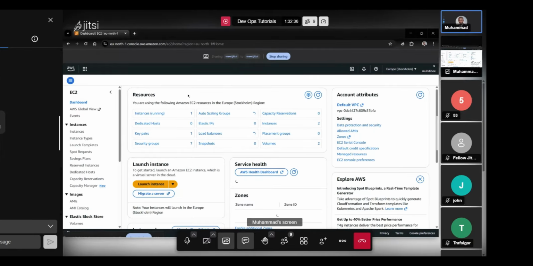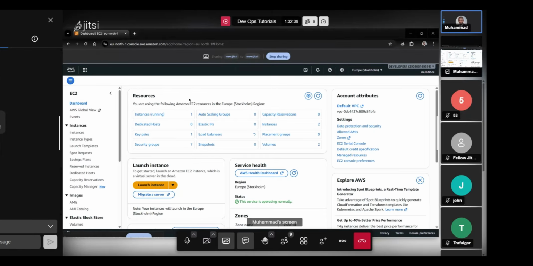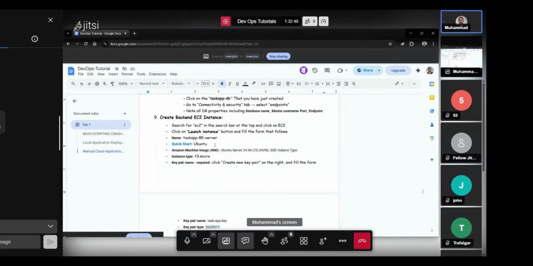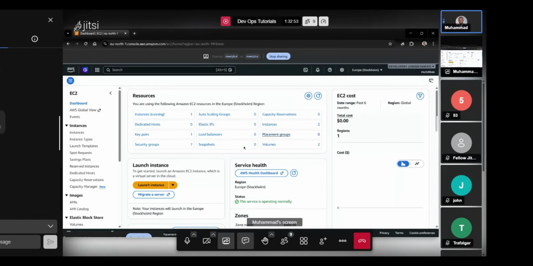And then we're going to assign that backend security group so that only that server will be able to access our Postgres database. So what we want to do is click on the launch instance button